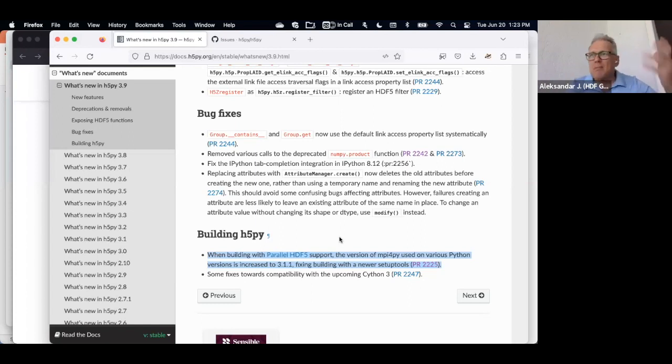There was a completely bizarre mistake in the string that defines the versions of some other package that MPI4py was requiring, and the new Python installation and build tooling was rejecting that format, calling it ill-formatted. That was basically the problem. So with this release, the version of MPI4py was increased, so that should probably take away 30% of issues on the h5py repo.